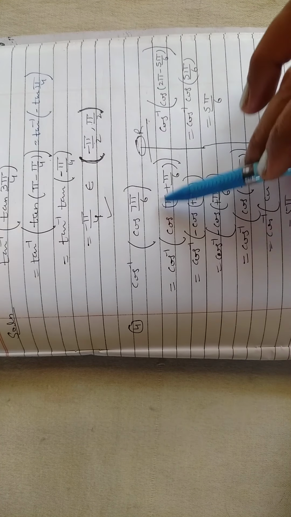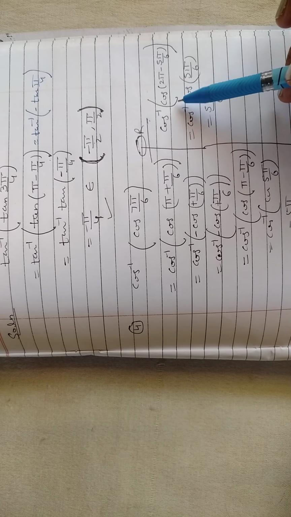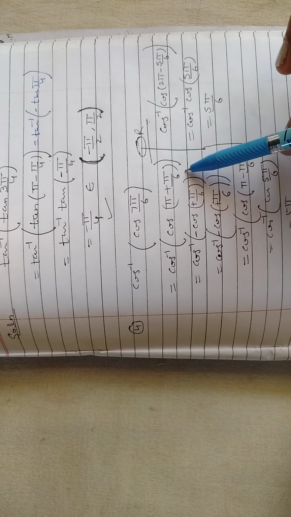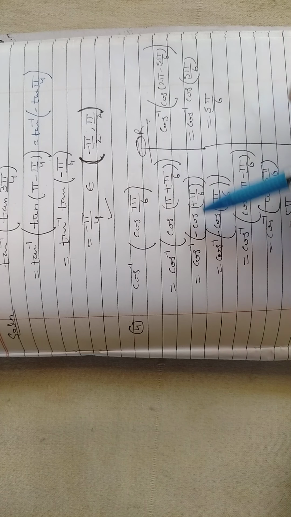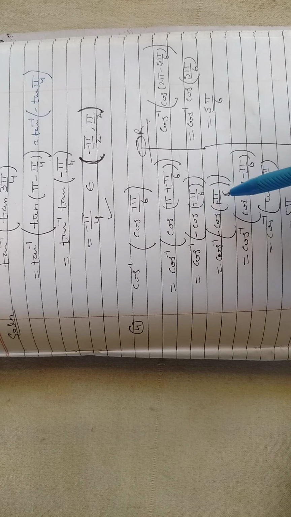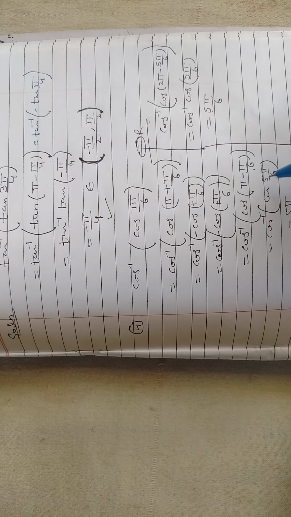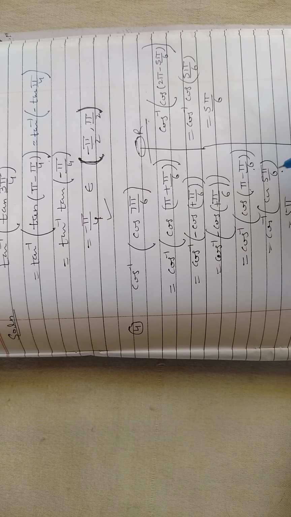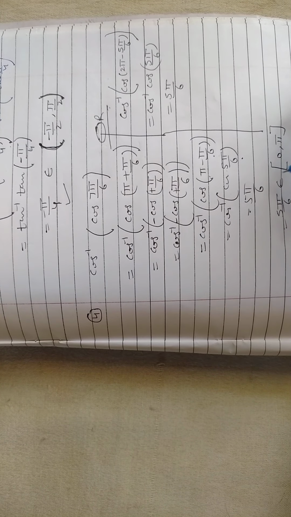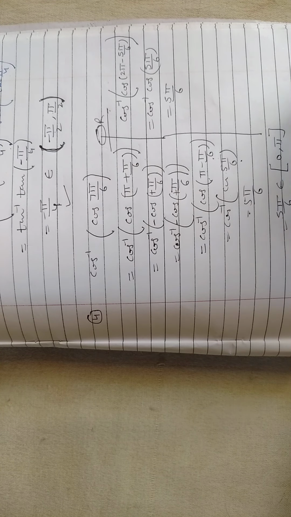Another, suppose this is the question, cos inverse cos 7 pi by 6. There are two methods. First is, you may write 7 pi by 6 as pi plus pi by 6. Then cos of 180 plus theta, you know, is minus cos theta. In case of minus, when this minus will go inside, it will become pi minus pi by 6. This you have done in 11th class. It will become 5 pi by 6. Now 5 pi by 6 comes in the range of cos inverse. What was that range? 0 to pi. Clear? So answer is 5 pi by 6.